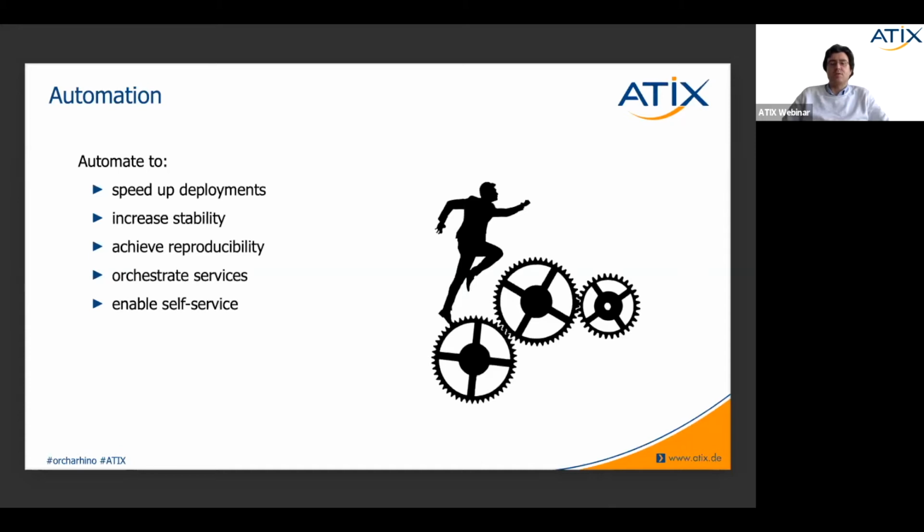So if you have to order a new server in a different department and open a ticket, it can take several hours, maybe days, until the server has been built and is available for you. With orcharhino, you can do it all yourself. And in best case, you just do 3 clicks and your server is going to be deployed and will be there in a few minutes. And it saves you a lot of time.